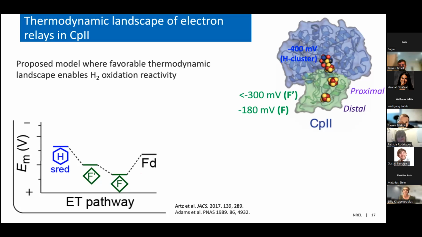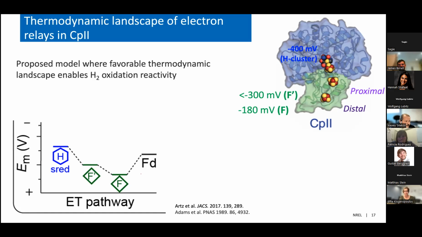And then the lower potential F prime cluster, exemplified by this very complex lower temperature EPR signal, is in between the H cluster and the distal. This model has a favorable thermodynamic landscape for hydrogen oxidation, where the electrons, as they are shuttled out, thermodynamically move towards that distal cluster, and really the barrier then just becomes a transfer to the ferredoxin